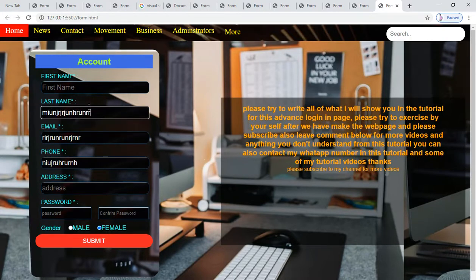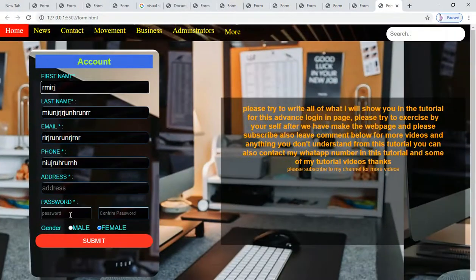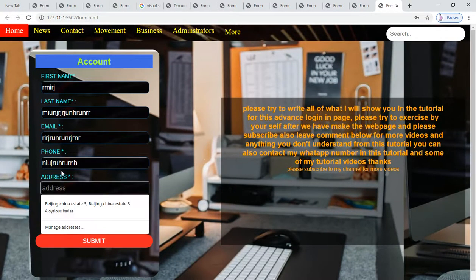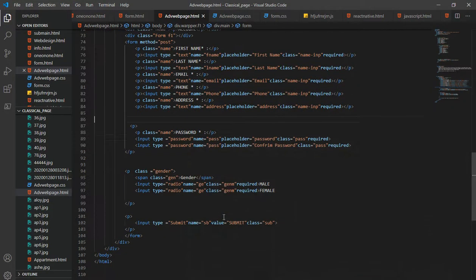All of these are basically the template, the placeholder where we can insert all of our personal information if we want to create our account. This is also a placeholder. Anything you see here that has to do with inserting information is a placeholder. And you also come here, you see